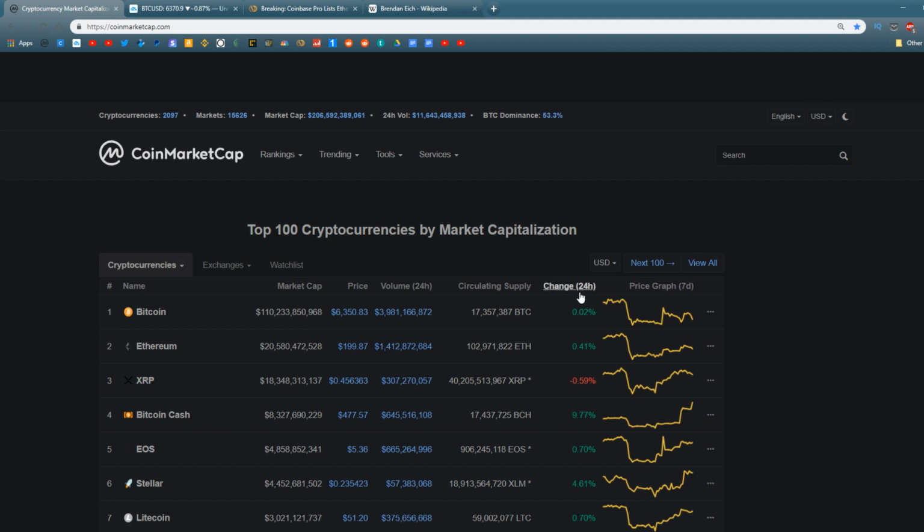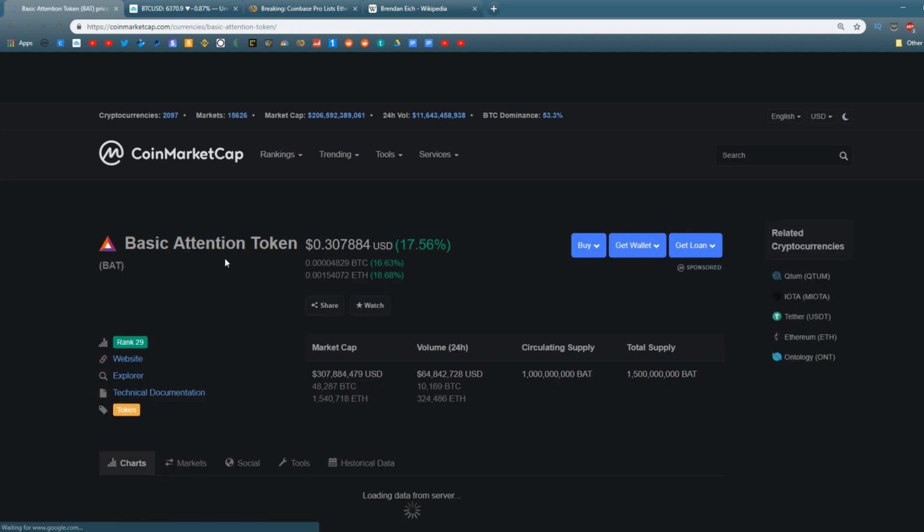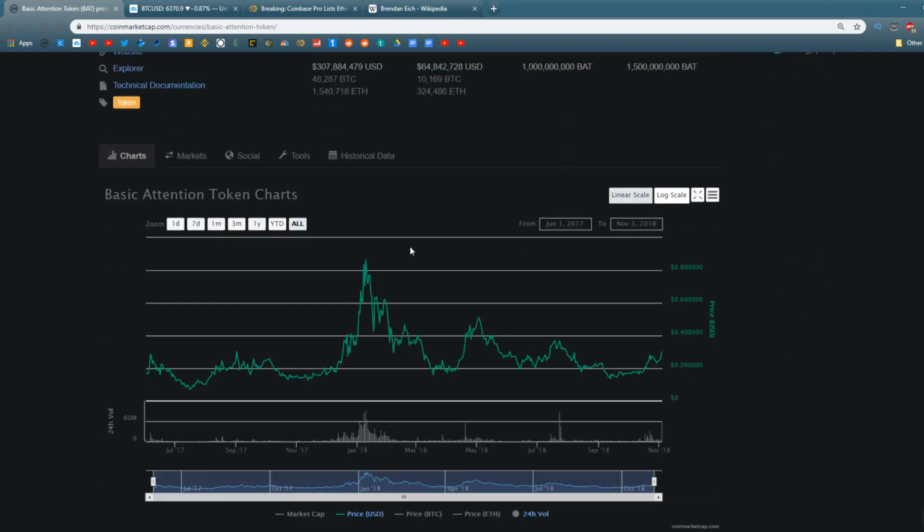The main thing that we want to talk about shows up if we sort by change over the last 24 hours, because as you can see, our only double-digit gainer for today's video is Basic Attention Token. If we click here, we can see that BAT is up by 17.5%, trading around 30 cents. Basic Attention Token was trading under 20 cents not that long ago, earlier on last month, and it's been doing quite well. Its all-time highs are up here close to $1, and I do reckon that